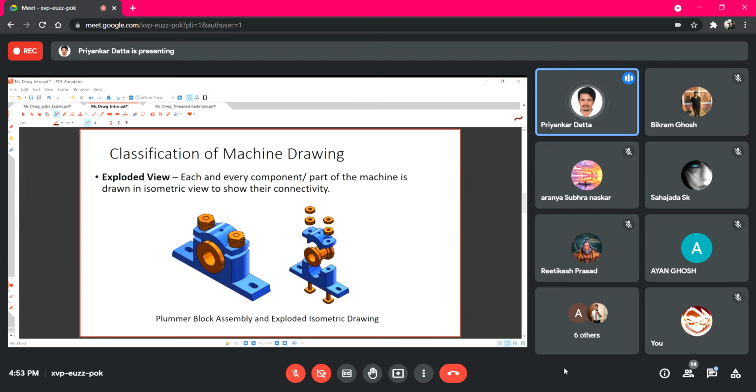So this one is an assembled plumber block. When you use CAD softwares, you can use this kind of view, that is the exploded view.